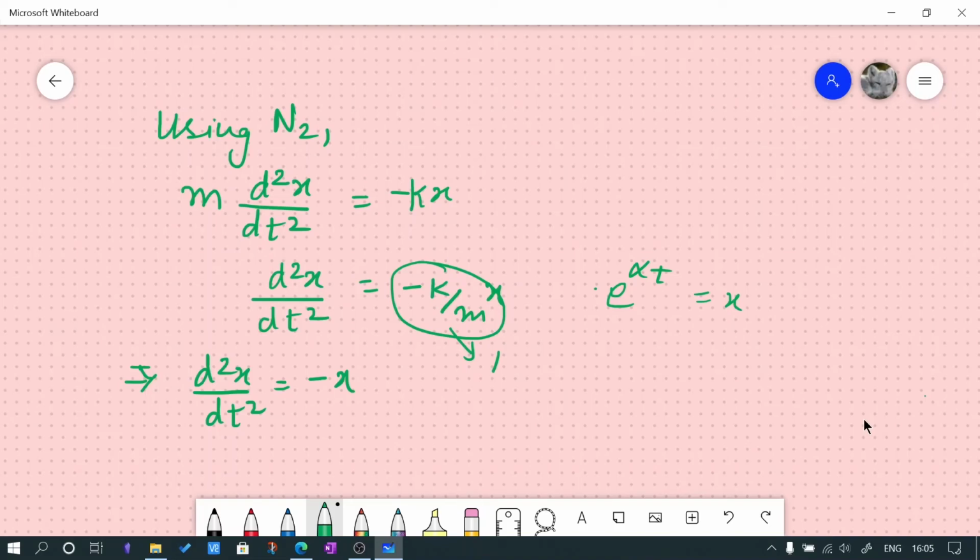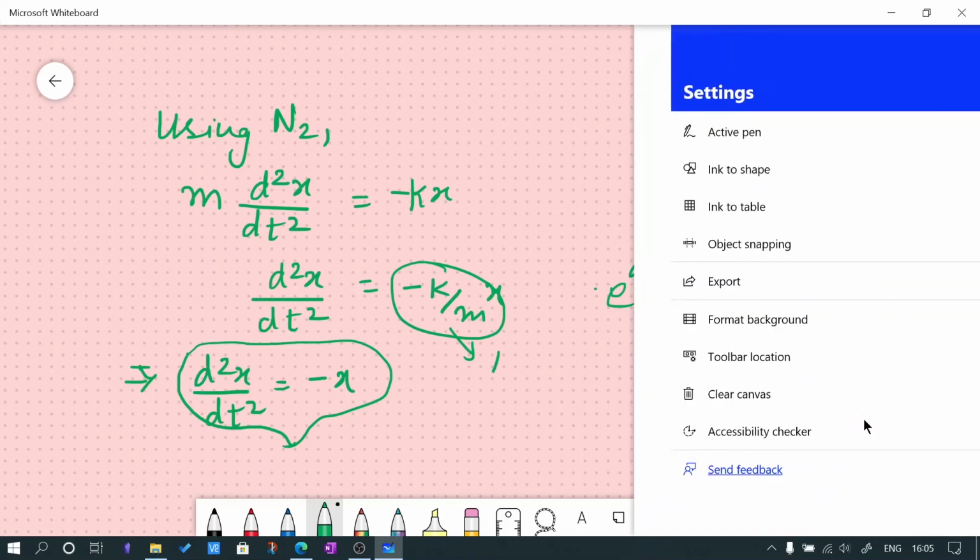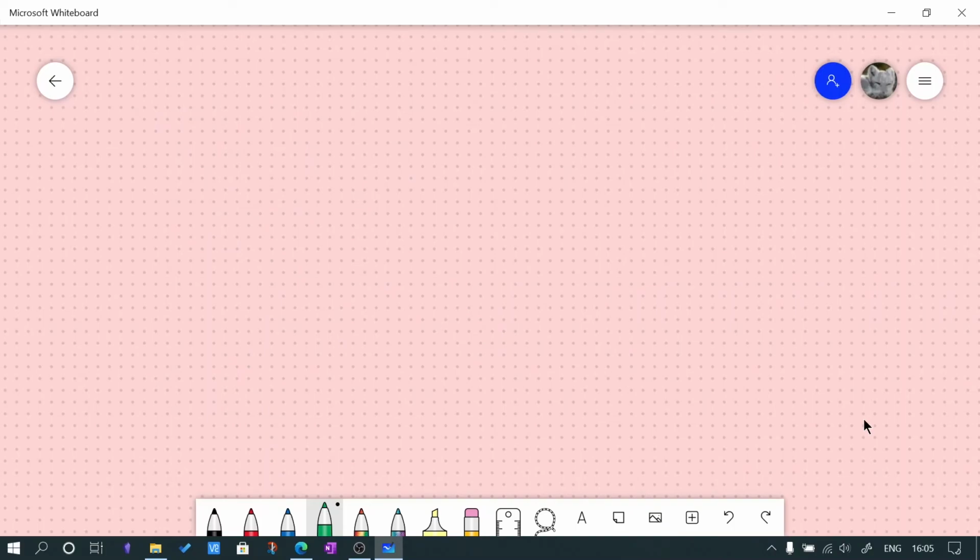But this turns out to be a nice working example to start getting your hands dirty with numerical methods of solving such problems. So there are a lot of numerical methods available to choose from, and the one we'll be using today is the most basic numerical method. It's called Euler's method.